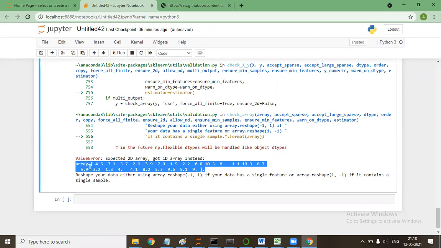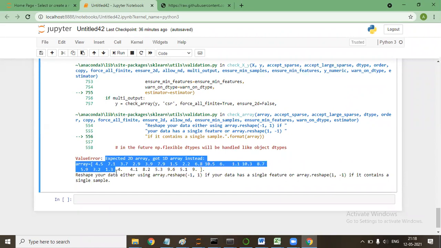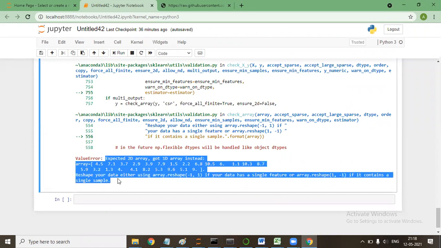So is it necessary that the X variable has to be a 2D array every time? No. This is with respect to this library that I've been using. When we go with other libraries, this won't be a mandatory requirement. This is the requirement of the linear regression model that I've been using, when we are working with only a single variable as X.